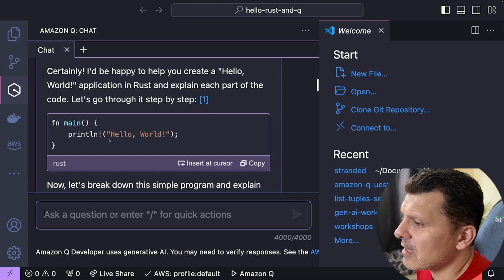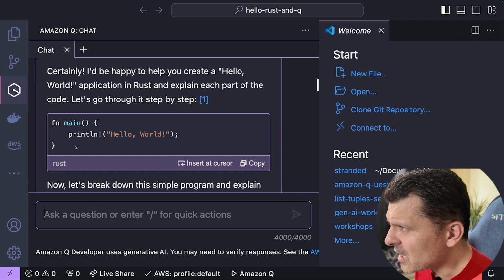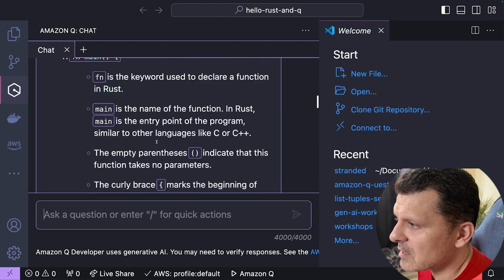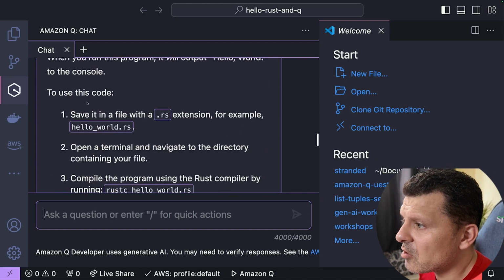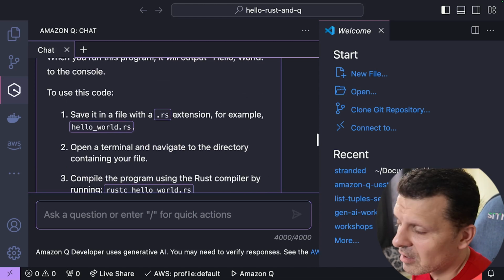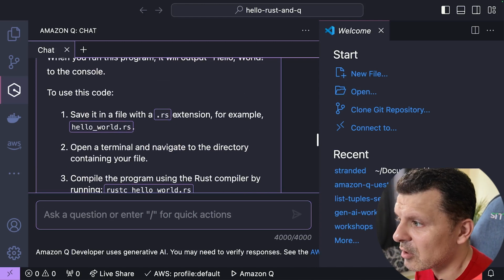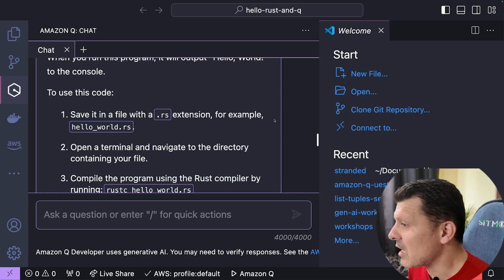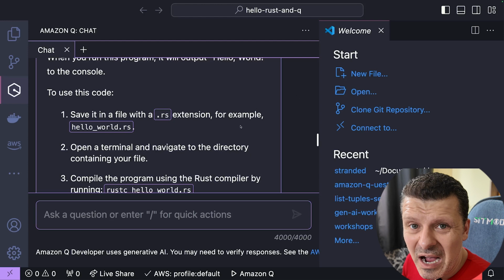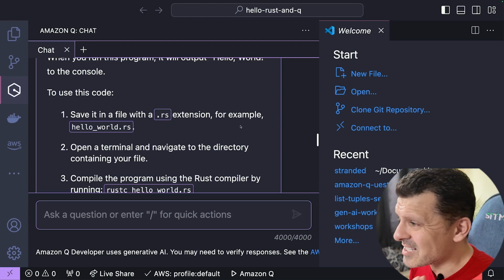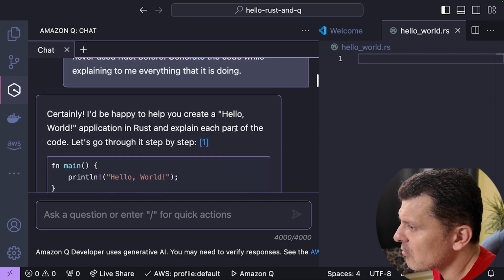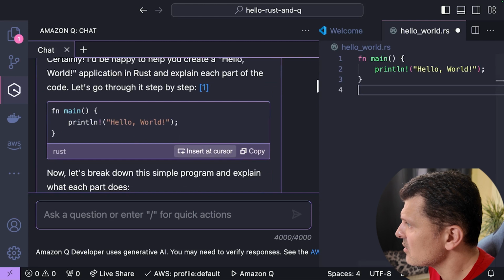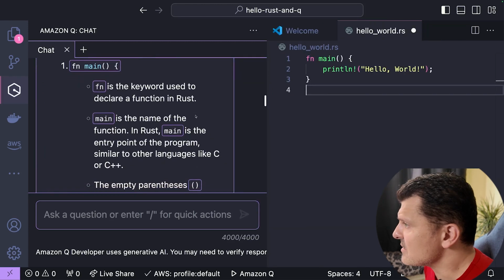Cool. Great. It already gave me here a little Hello World function. Thing is, I don't even have a file right now, and I don't know where to put this. And it's not telling me this right now, right? I can scroll through it. Oh, there it is. Actually, it is. To use this code, save it in a file with a .rs extension. For example, helloworld.rs. Oh, thank you, Q. I was just about to do another prompt to say, how do I even get started with the file system? But as you can see, it already gave me everything that I needed. Now we can go up, and then we're going to insert this code at the cursor. There you are.